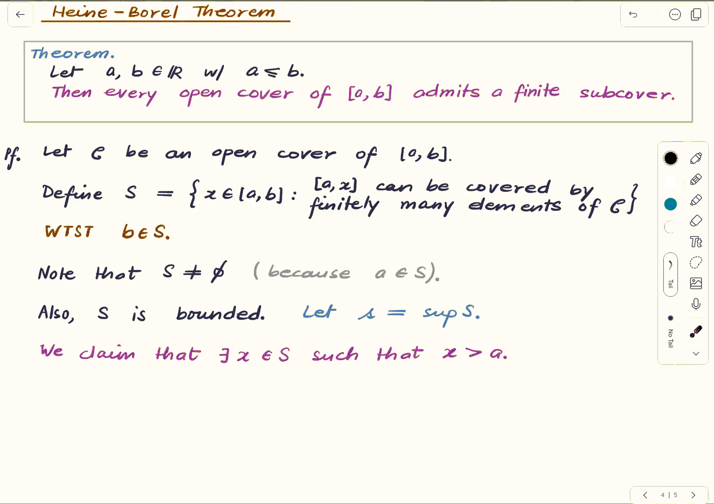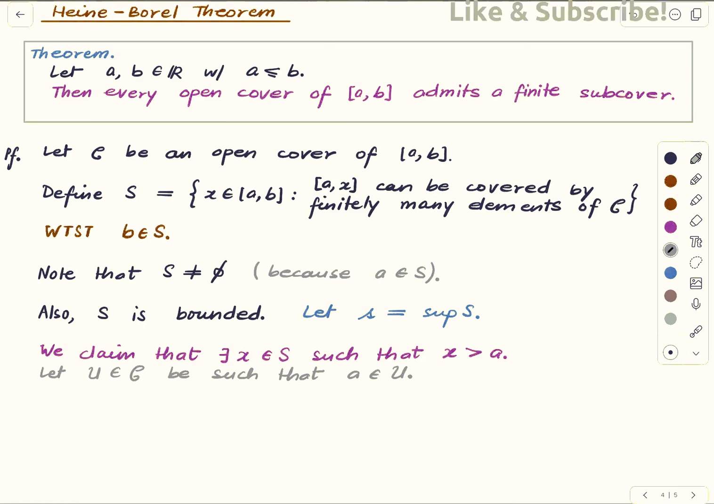So to do this, let me maybe try to give a full argument for this. So why is that? Let U be in fancy C be such that A is in U, because A has to lie in some element of fancy C. So let's say that the name of such a thing is U. But U is an open set because fancy C was an open cover. U is an open set, so there is some epsilon greater than 0 such that